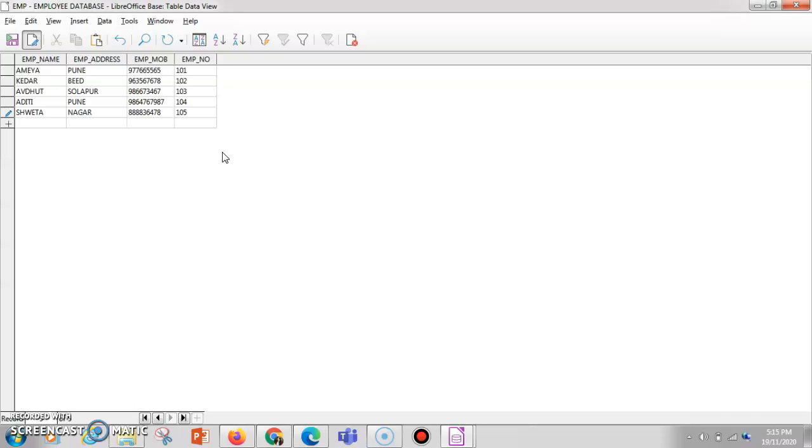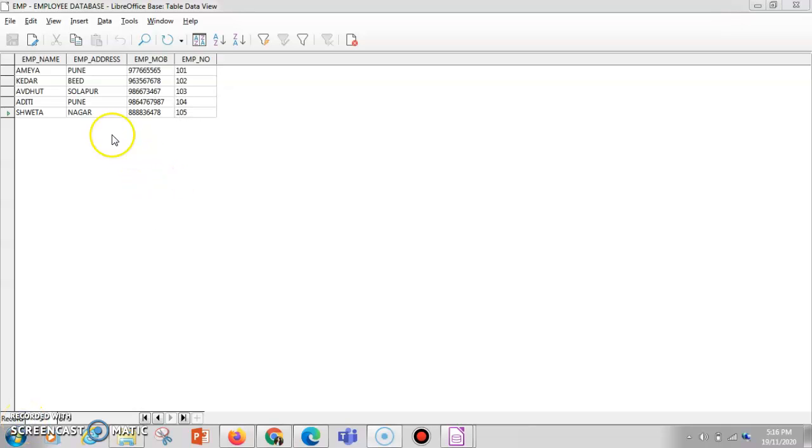Now to save this data entry, you just have to click on save. So the current record will get saved automatically. This is how you do the data entries. So in total 5 records we have inserted. Now if you want to edit the data, you just have to click on the edit icon, and you can start editing it. After saving your whole data, you can view it anytime whenever you require it.